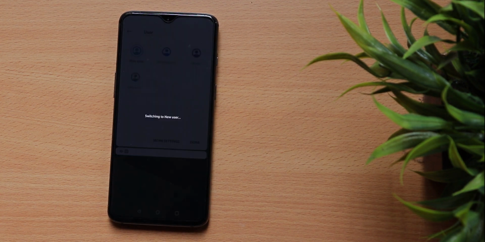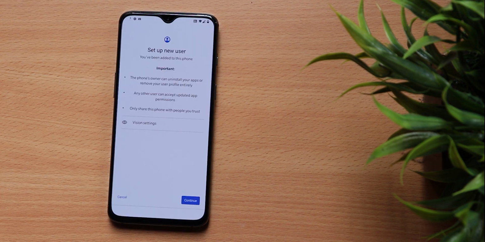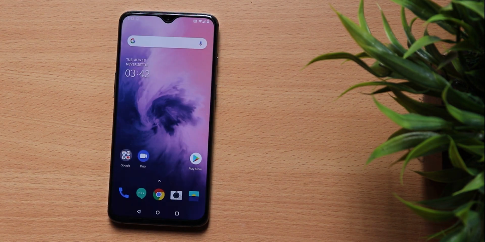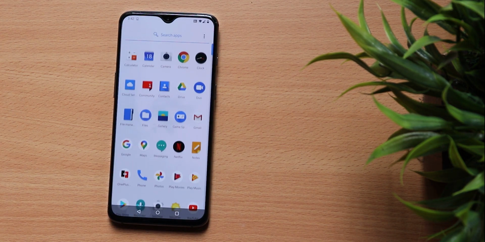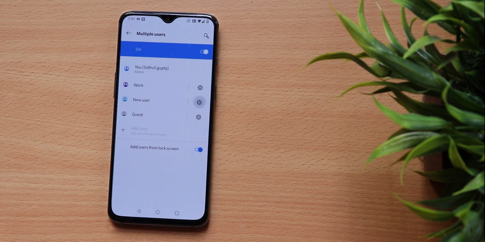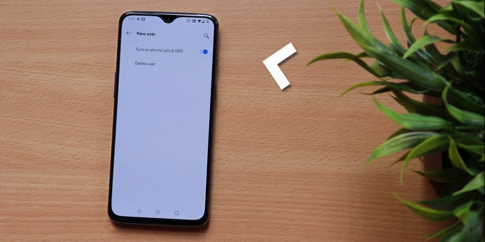This user will not have any app. I mean, this is a new phone altogether. So no messages could reach you, or even no social networking website could bother you. It's a complete new phone and no distractions, nothing whatsoever. Also, if you don't want to receive calls as well, you can go to settings and disable the receive calls option.